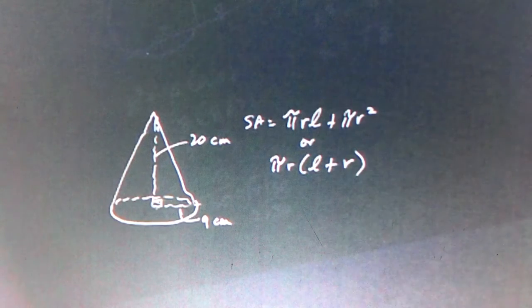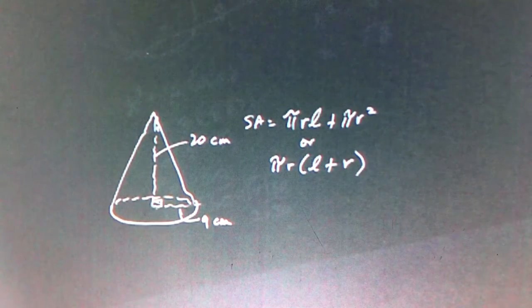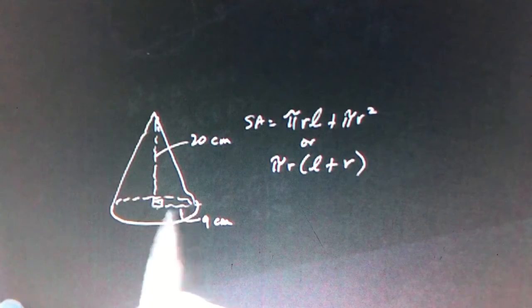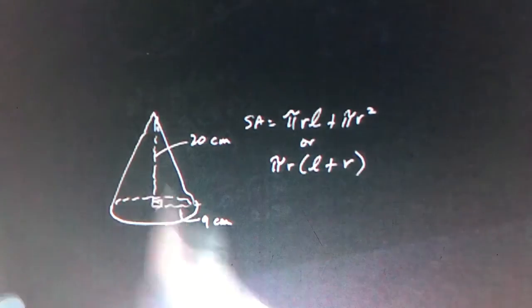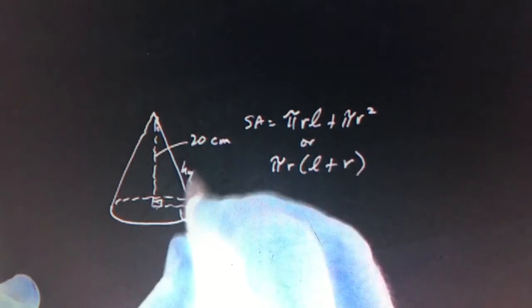Some people have problems with this. This is volumes. And in this case, in order to find the surface area of a pyramid, you have to use a slant height. And in this case, the slant height is not given to you, but you can derive it from what you are given, which is the regular height is 20 centimeters, the radius is 9 centimeters, and if you look at this as a right triangle, that hypotenuse, which is the slant height,